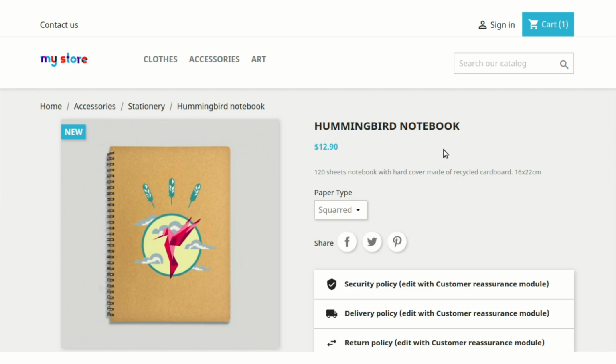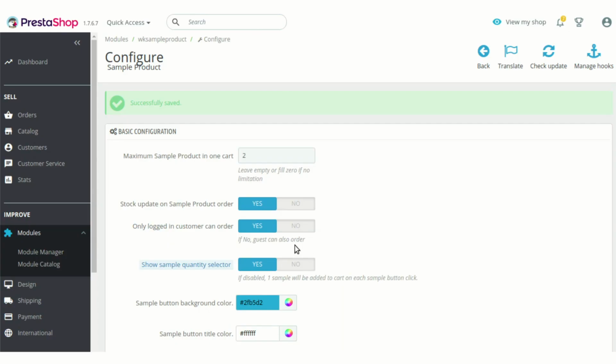The reason this add to cart button is not available is through another setting. It has no relation with the module, but the button to buy a sample product is not available because we have set this option, only logged in customer can order, to yes.